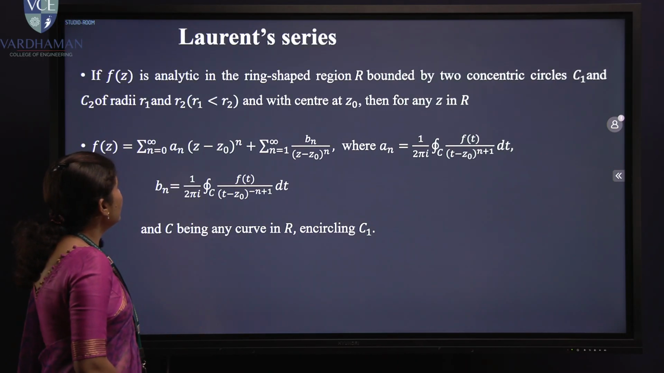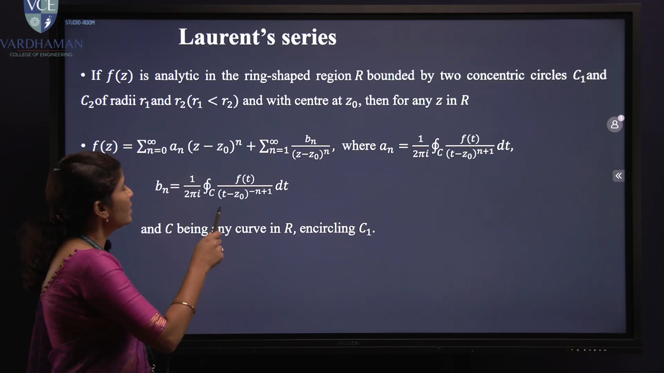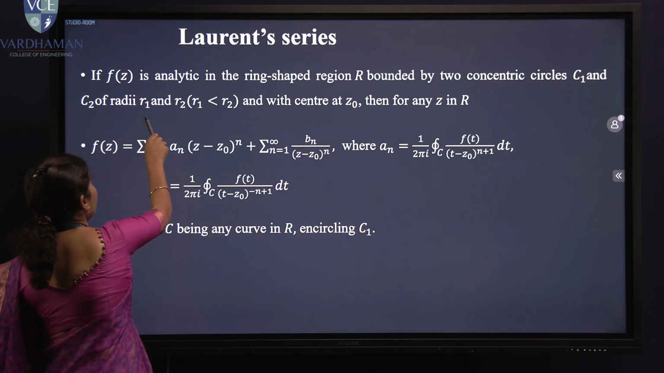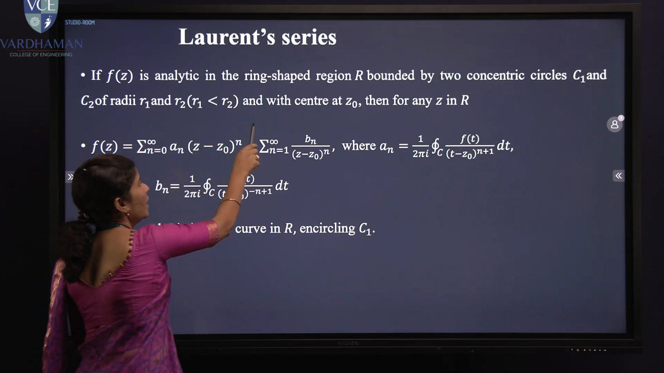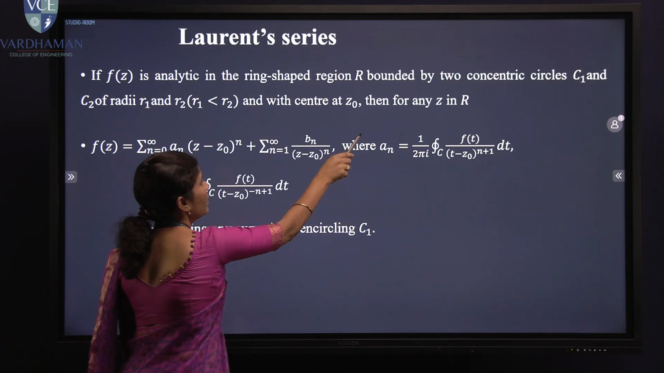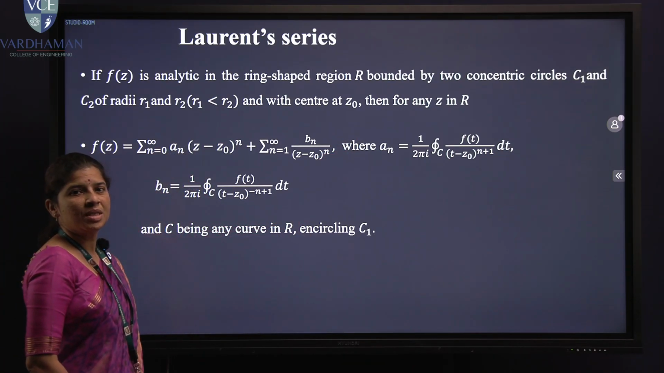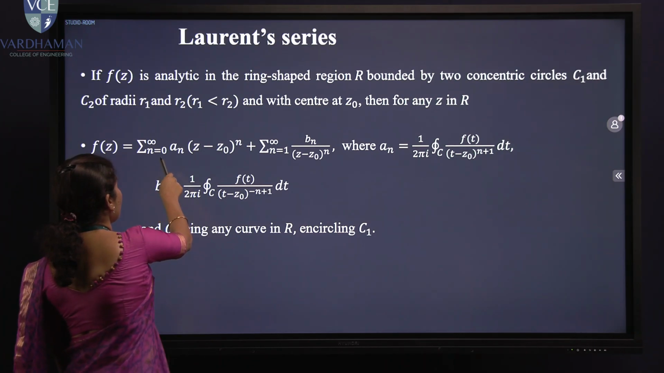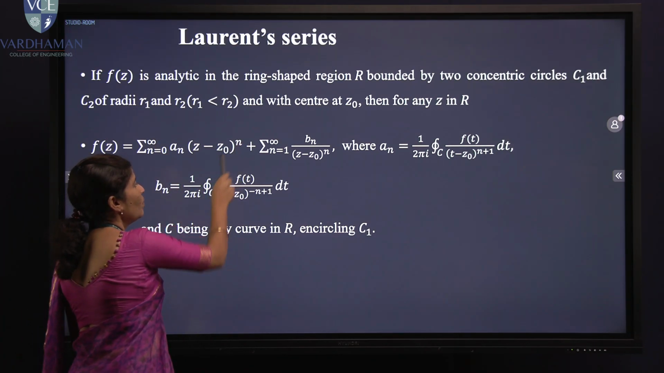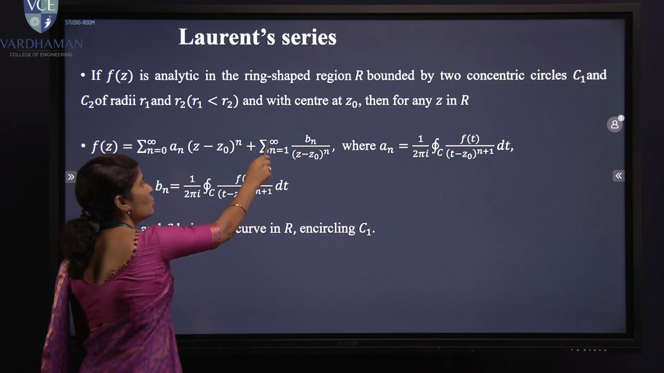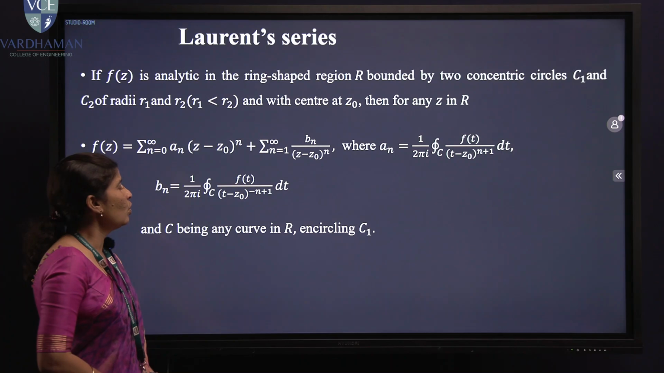In this video, I will explain about the Laurent series. So, if f of z is analytic in a ring-shaped region R, bounded by two concentric circles C1 and C2 of radii R1 and R2, where R1 is less than R2 and with the center at z0, then for any z in R, the Laurent series expansion is given as f of z is equal to summation n is equal to 0 to infinity a_n (z minus z0) to the power n plus summation n is equal to 1 to infinity b_n upon (z minus z0) to the power n,